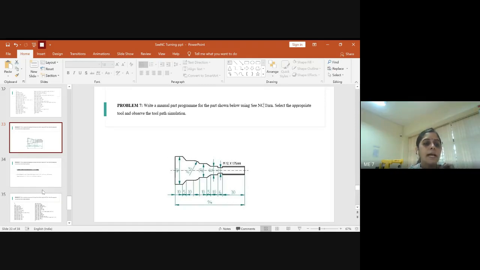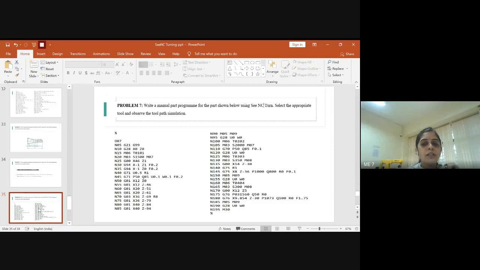After this, it is the time to change the tool. To change the tool, first we need to turn the spindle off. So kindly turn the spindle off by typing M05 and turn the coolant off also. It is M09. To change the tool, it is always better to put the tool into its home position. So you'll write G28, U0 and W0. If you write X0 and Z0, it comes to the coordinate system from where you can start, right? Always better to put the tool into the home position, so that is always safe. So kindly type U0, W0, and then you will go for change of tool.